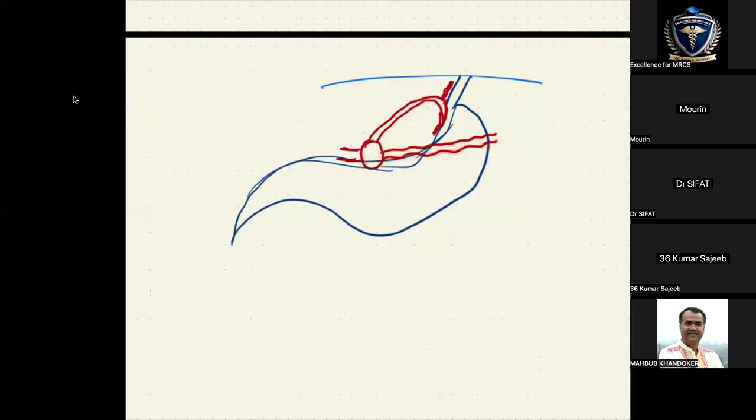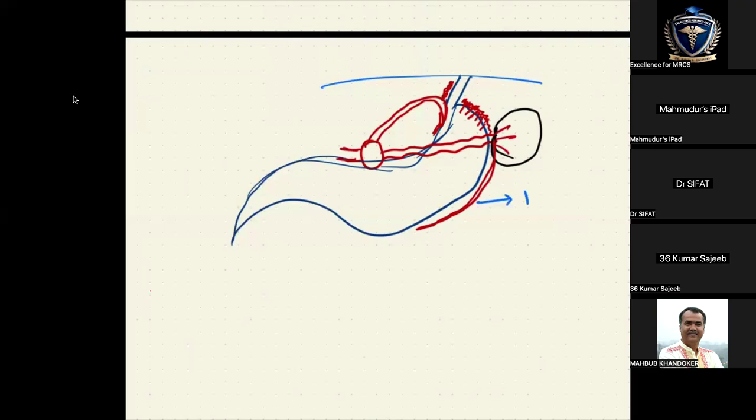Come to the splenic artery. The splenic artery comes here and directly enters the spleen, and it gives a few branches here to supply the fundus and a few branches along this greater curvature. These vessels are known as the short gastric arteries. Now tell me, the short gastric artery is a branch of which vessel? The splenic artery, and this vessel is known as